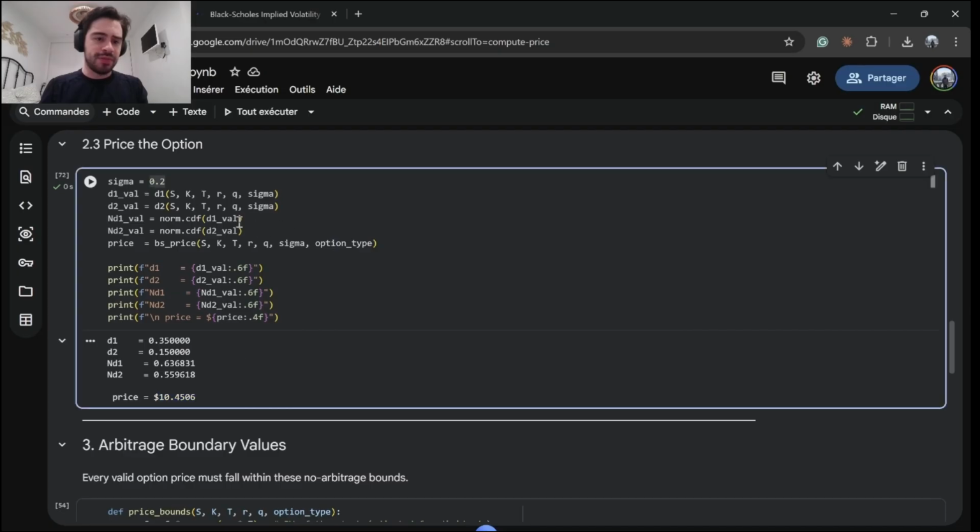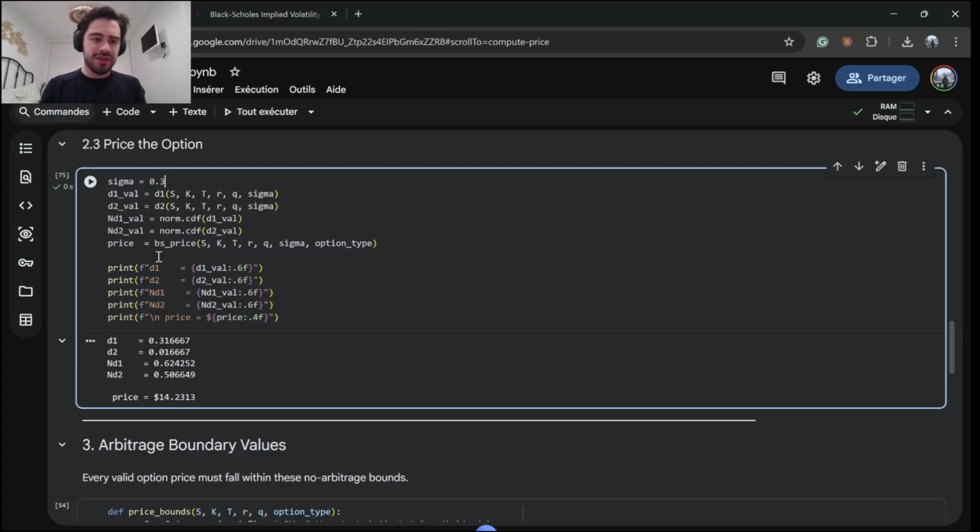Let's start playing with the volatility. I can play with any variable I want. So let's say 0.3 volatility. You see the price increases. This is because the higher the volatility, the higher the option price. But it's nice to see the dynamics of N(d1) and N(d2), how they're changing. As you see, from 0.2 to 0.3,